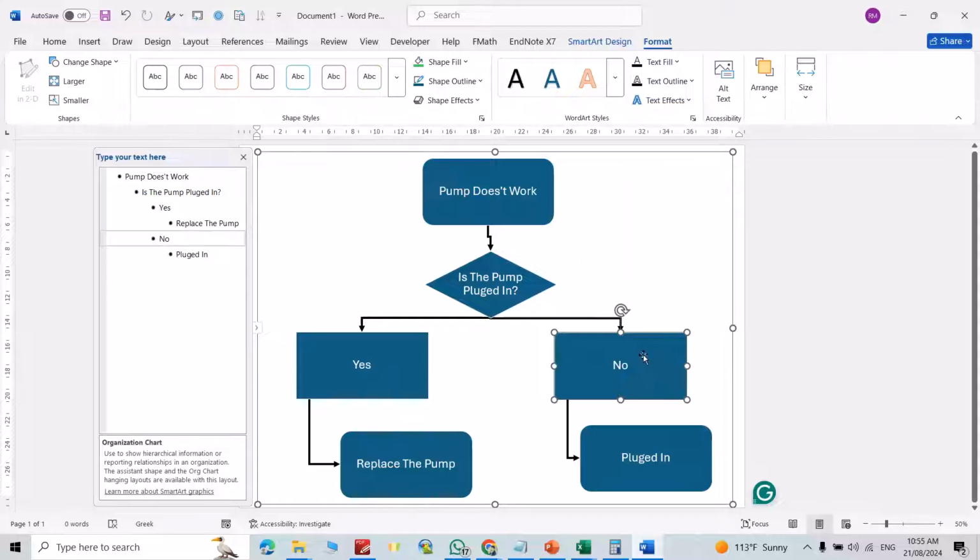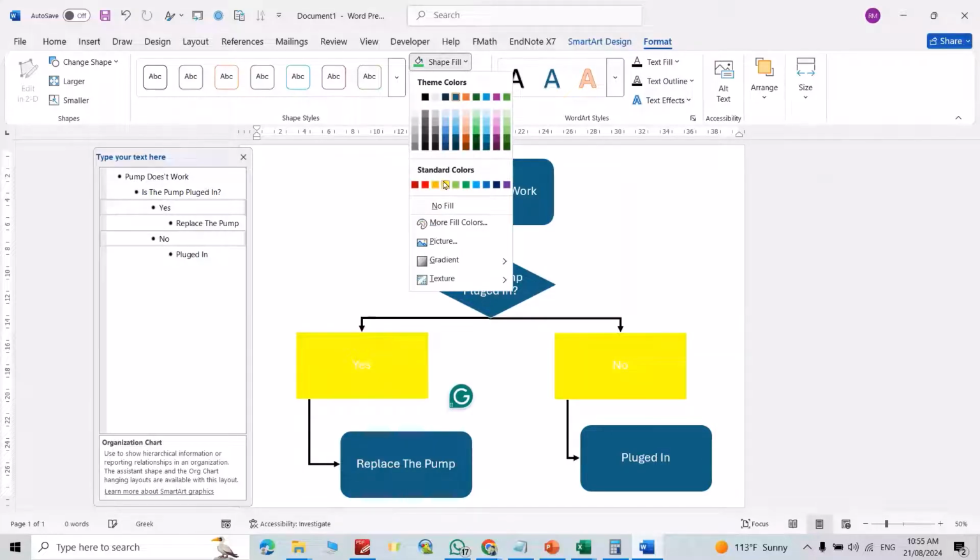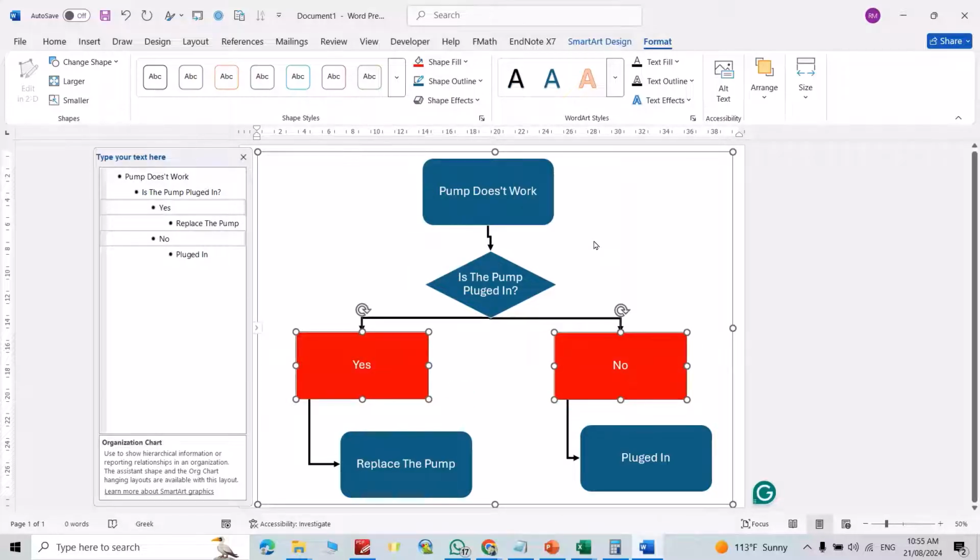Also regarding the color, just select it, for example, this one and this one. I change its color from Format, Shape Fill, for example, to red color. This one, for example, for